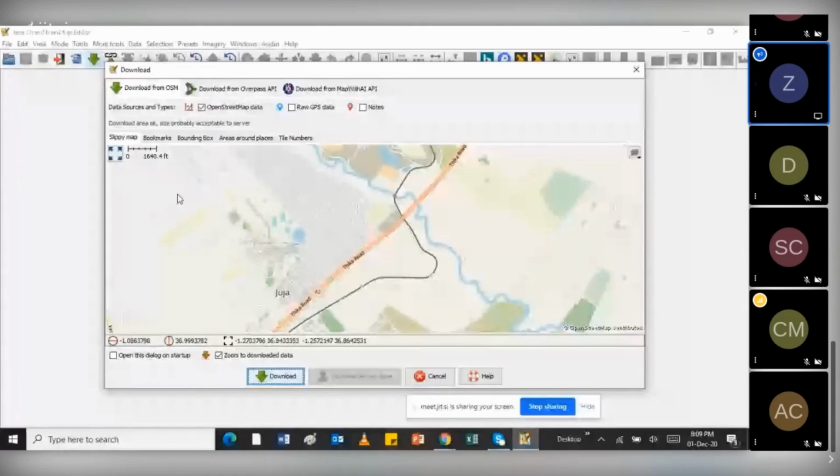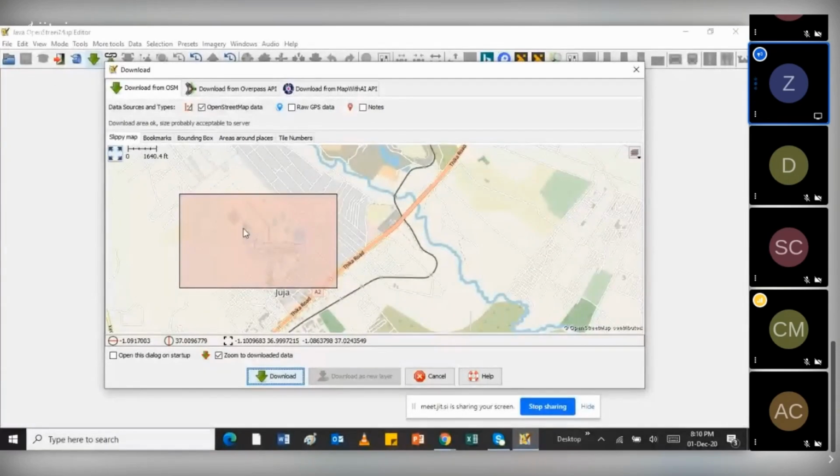Once I've zoomed into the specific area I want, I choose rectangle, download data within this area. Sometimes, to reduce the number of errors that people make, they have reduced the allowed area. So you'll select an area, and when you try to download it, it'll tell you the area is too big, so you have to choose a smaller area. I'll assume this is not so big. So this is the area that I would like to download.